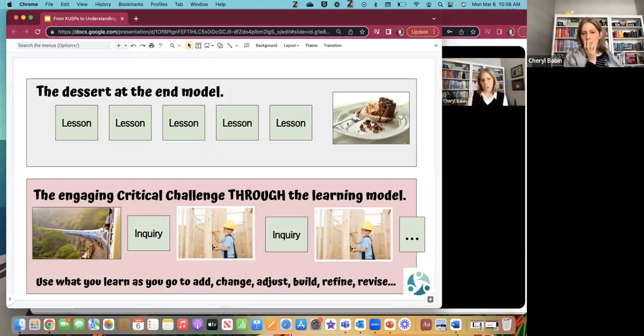So through this journey, you are learning and then adding a little bit more onto your product. How are you building your persuasive speech, or how are you designing that throughout the course of the learning? You use what you learn as you go to add, change, adjust, build, refine, and revise. And this is a much more authentic way of including those cusps into the learning with the goal of that final project at the end that you are building as you go, not waiting till the end.